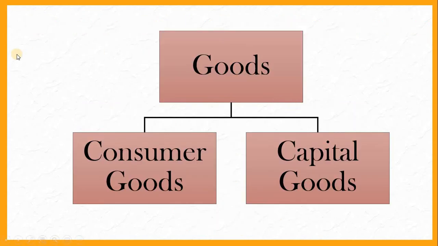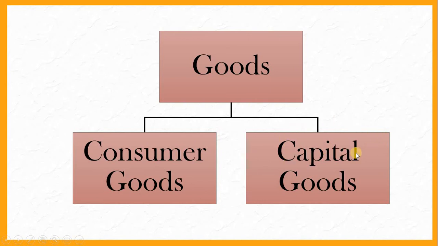Okay, in industries, goods are produced, isn't it? So a cotton becomes a cotton thread, and from there a cotton textile. Cotton textile is a good. Tomato ketchup is a good, isn't it? So at the same time, goods can also be classified into two different types based on their usage. Now, how these goods are used, based on that, you can classify into two categories. One is consumer goods, another is capital goods. We look at what each of them means, but you already learnt about capital goods, if I am not wrong,